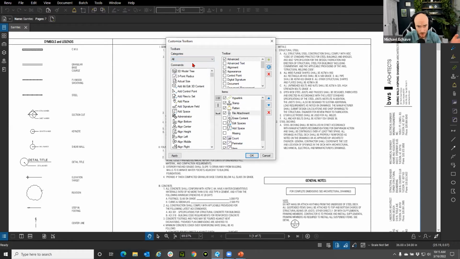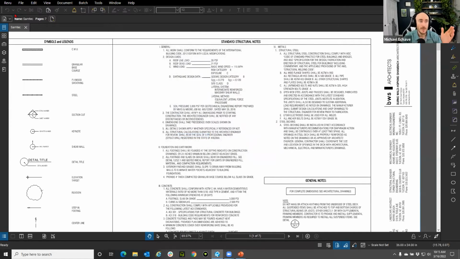I typically go all, and then from here, you can scroll down, look around, grab whatever command you want and add it to your toolbar. Then you can check it if it's going to be displayed or not, and then the total toolbar, if it'll be shown in your Revu interface. So this is how you go through and customize your toolbars specific to your profile as well, because they follow automatically with your